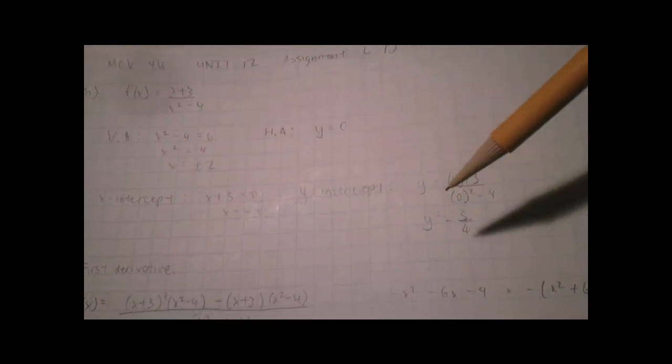And then for the y-intercept, we let the x value equal 0. So we have positive 3 over negative 4, which is equal to negative 3 over 4. So now that we have the vertical asymptote, horizontal asymptote, x-intercept, and y-intercept established, we can move to the first